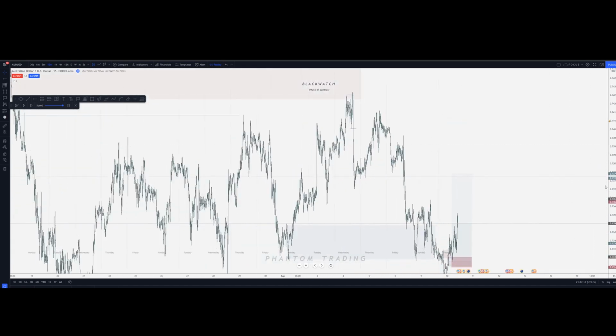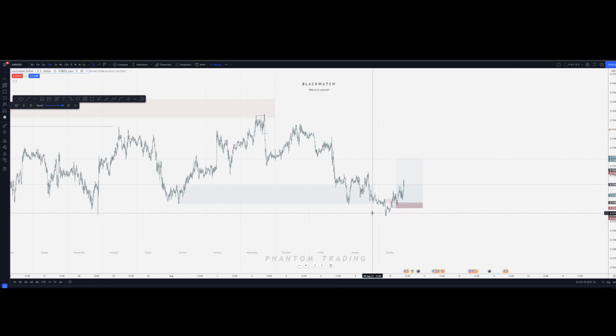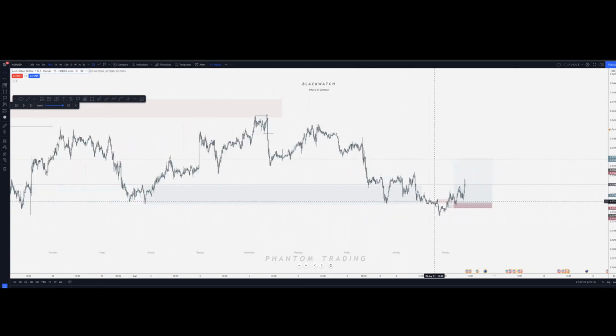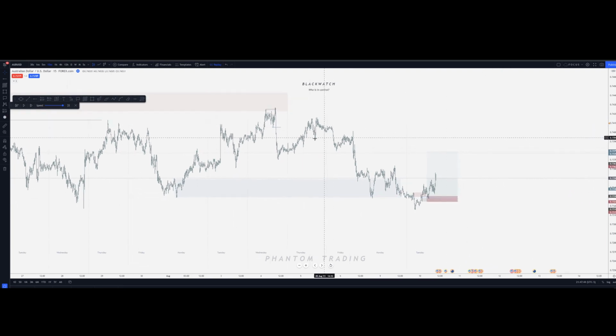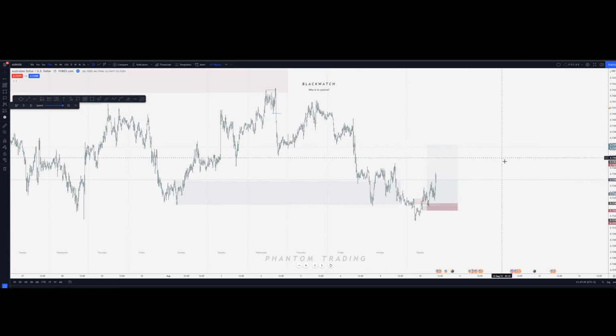Now, the beauty of taking a trade like this is that when you get a failure of this demand, this is considered external range liquidity. So in terms of internal and external range liquidity, everything within the range, all these lows here, are internal range liquidity. The external range liquidity is the high and the low. Once you take out the external range liquidity, that's primarily when you get the best counter-trend or potentially pro-trend moves, right? Depends on how price is playing in the overall direction, whatever.